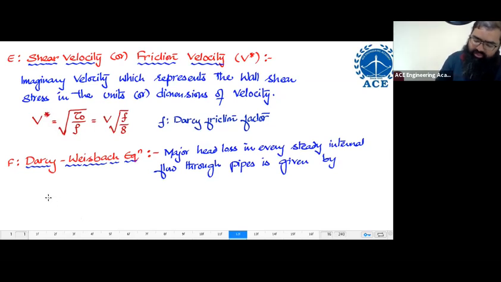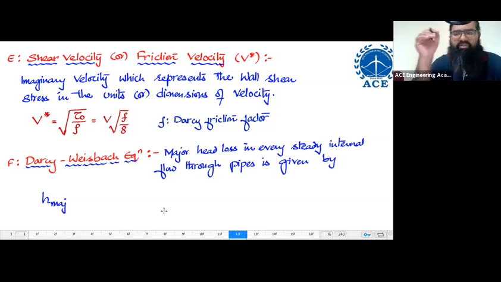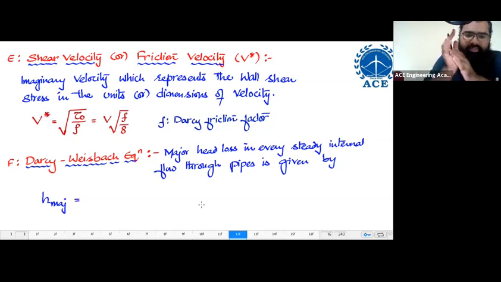This equation is saying head loss, major head loss. You are going to see later on, there are two types of head losses. One is called major, the other is called minor. We will read about that in detail later. Right now, let us just accept there is something called major. This major head loss is given by